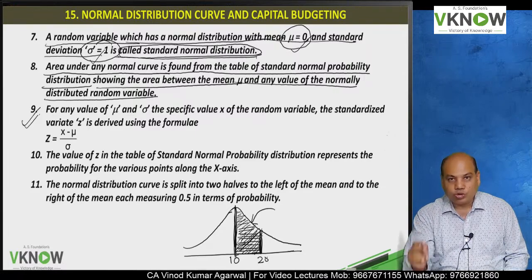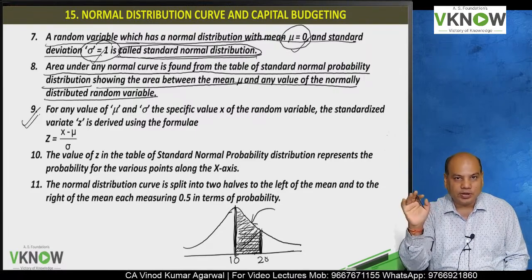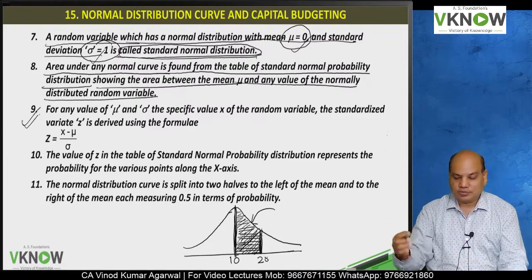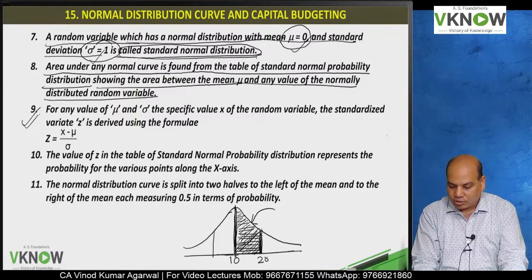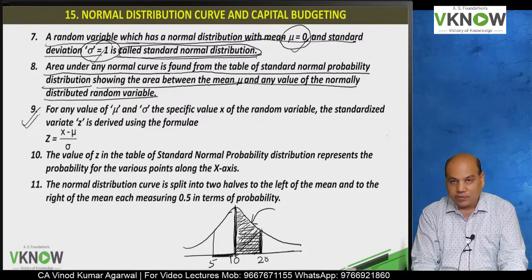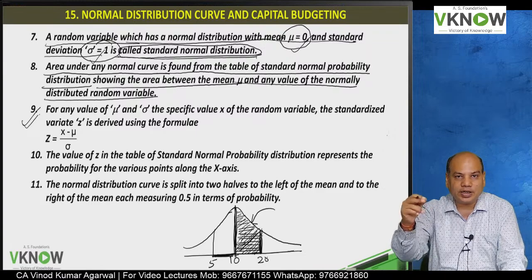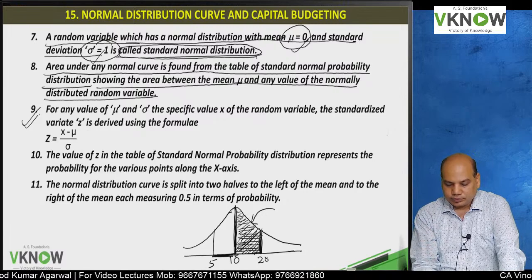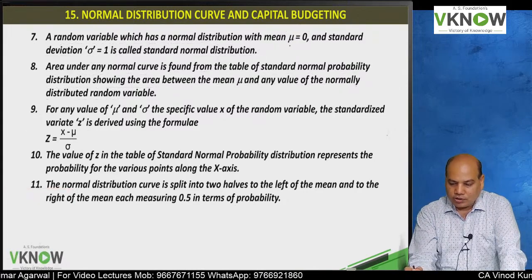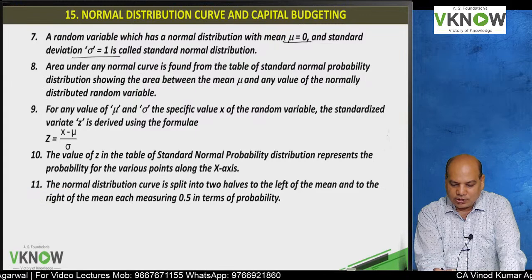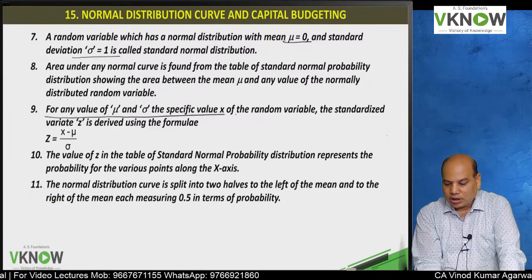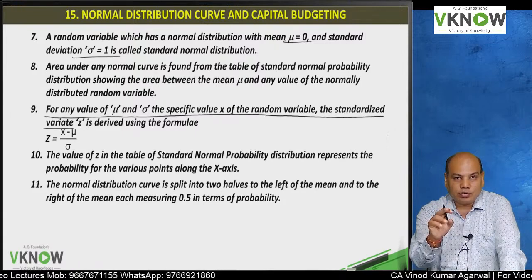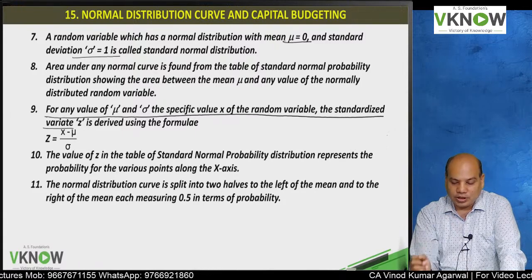The normal distribution table will give you the probability of a number falling between the mean and a certain number. Similarly, you can find the probability that the number will fall between 5 and 10, where 10 is the mean. You can use the normal table to find that. If the mean is not 0 and standard deviation is not 1, then I have to convert them into standard format first. How do I convert a given data into standard format?